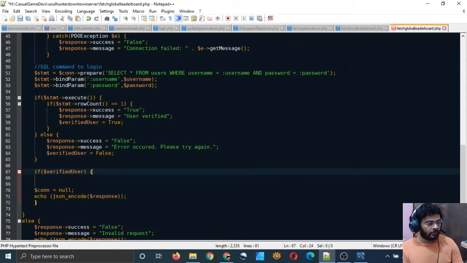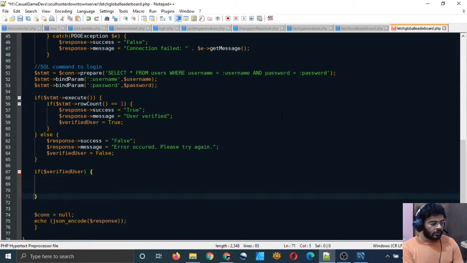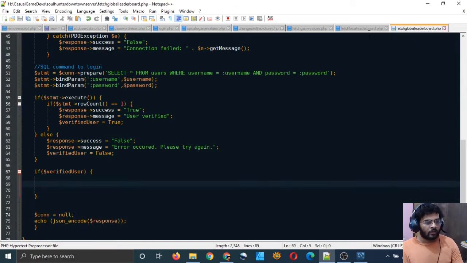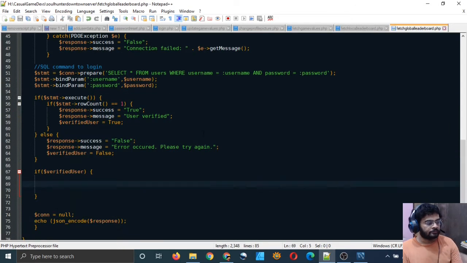And now just copy this if statement, and you can close this if statement also, and in the if statement we have to write some SQL commands. I will write this command, yeah.